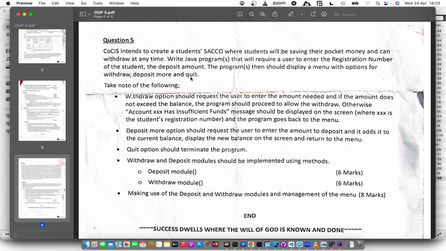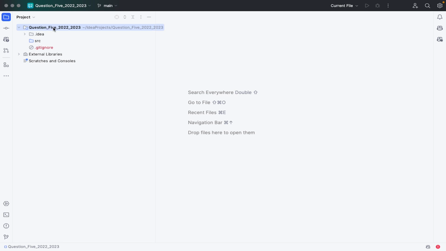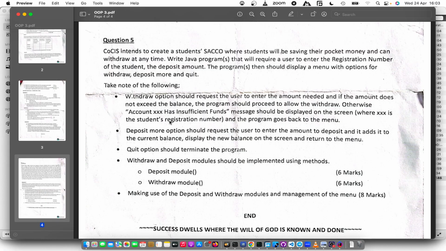Withdraw option should request the user to enter the amount needed, and if the amount does not exceed the balance, the program should proceed to allow the withdrawal. Okay. So let's go through this question with code, one step at a time. I already have a project created called question 5 for this particular question, and the question follows with